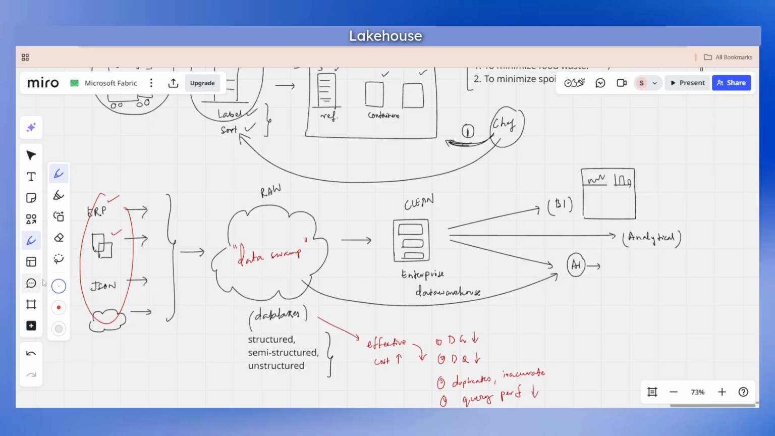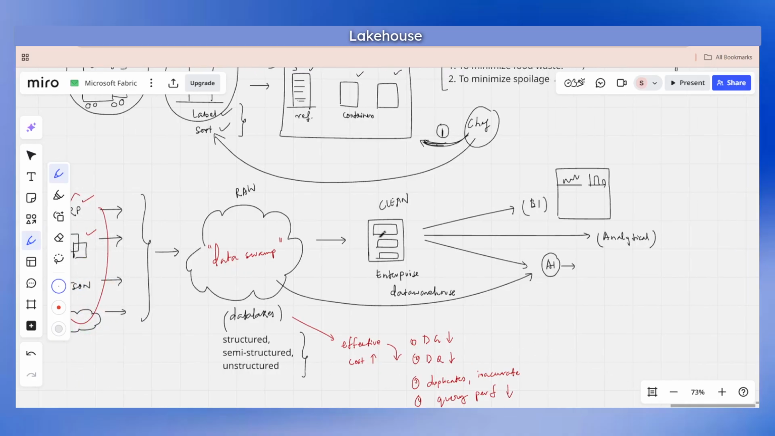Now talking about data warehouse, right? Data warehouse, I would say that with respect to query performance, which is this part, query performance is better than for sure data lakes, right? But another problem is,